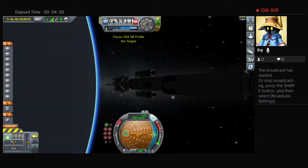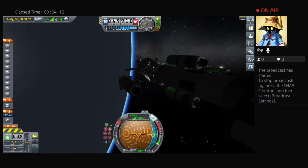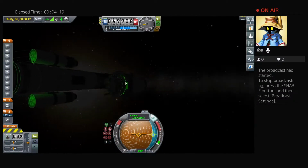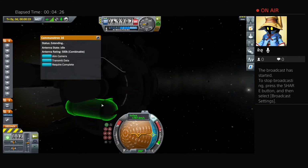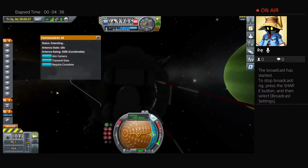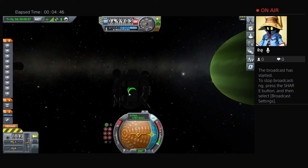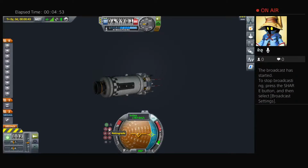And here's the fun part. They're both set up the same, so it doesn't matter which one's first, so we're going to do the splashdown first, since that will be the easiest. And before we lose control of this vessel, we need to extend these four tiny little Communotron 16s that are a bit expendable, to be honest. That's why we're going to extend those, and if they happen to burn up in the atmosphere, they burn up in the atmosphere. Hopefully we won't lose control of the probe along the process of doing that, so we can then extend the Communotron 88-88 antenna once we are close to splashing it down and we have our